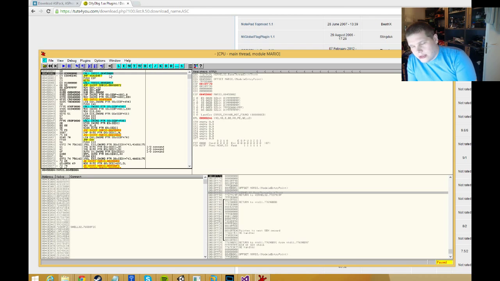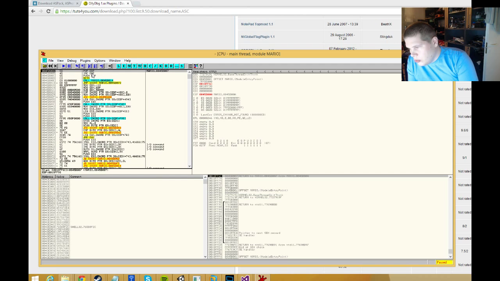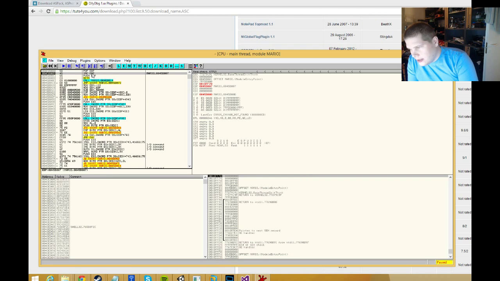So what we want to do is press F7, which is step in, and this is actually obfuscation. You can see it goes 3 bytes forward. So we press F7, and boom, here we have it carries the code on here, and we do F7, F7,